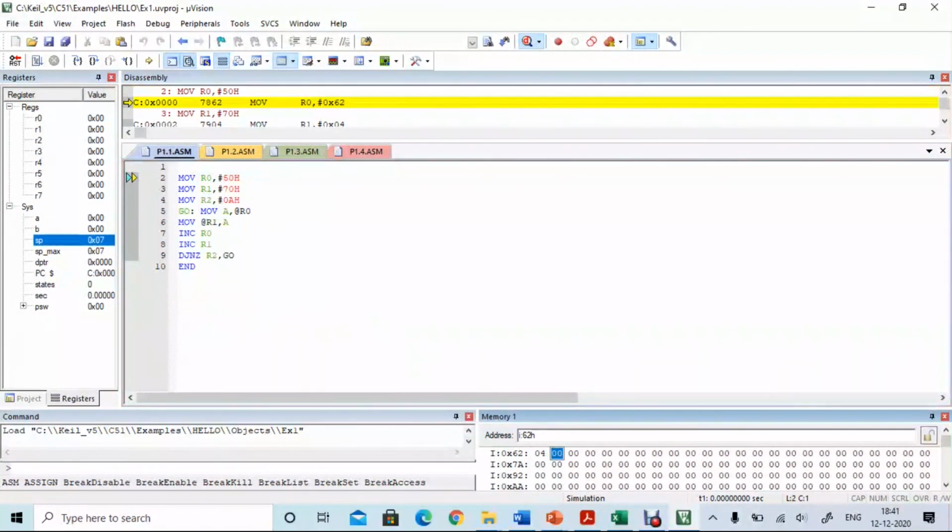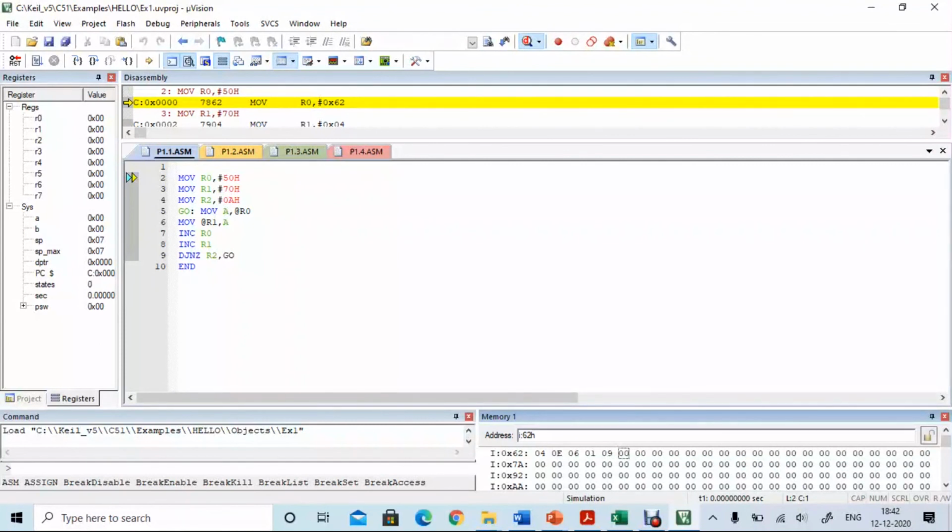So 5 memory locations we have the input to be given. So the 5 inputs are given to the 5 memory locations 62 to 66H.